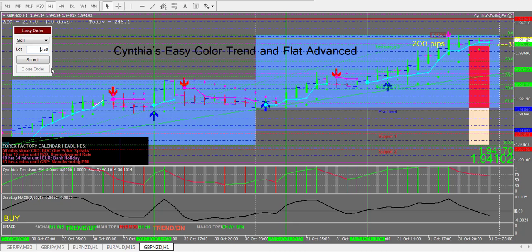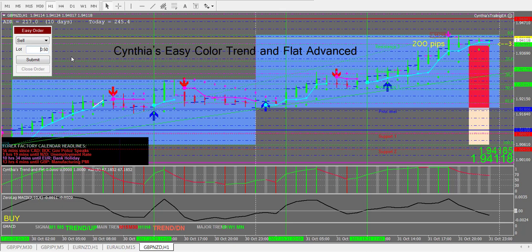This bypasses all of that, and it makes it very easy for one click. You just set it up, and then you can use the same settings each time if you want, or you can change them. But this makes it very, very simple and very easy to place a trade in the MT4